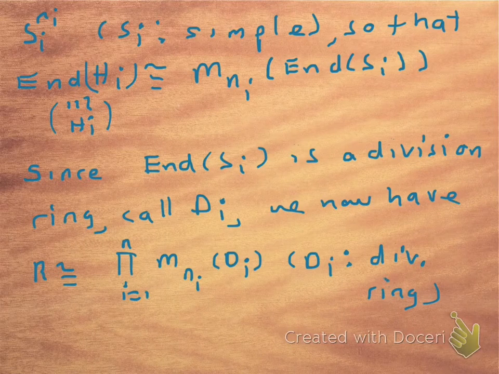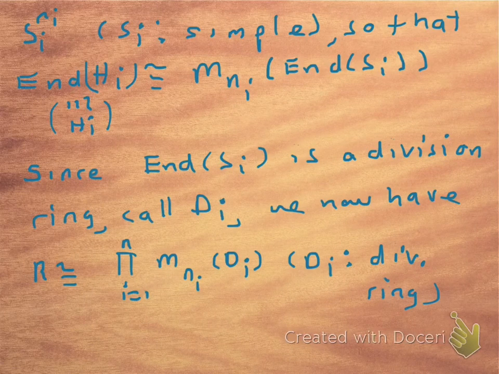But then notice that this has happened when R is only semisimple as a right module. On the other hand, what we get on the right side of the isomorphism seems to be left-right symmetric, right? We could have obviously carried out the same argument with R as a left module and still have gotten the same thing. Which will give us, after a little more work, as a corollary that left and right semisimplicity are the same thing. So there's no need to distinguish between them.